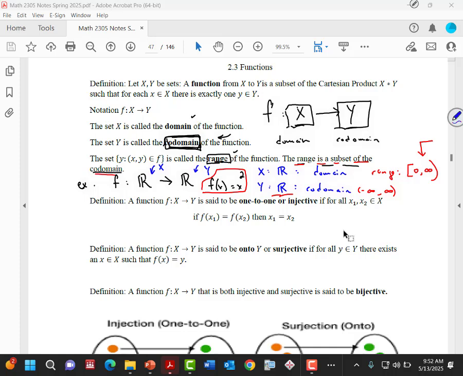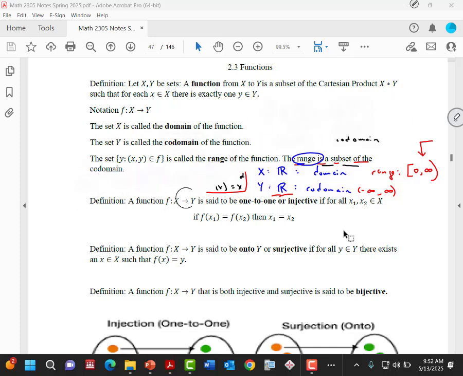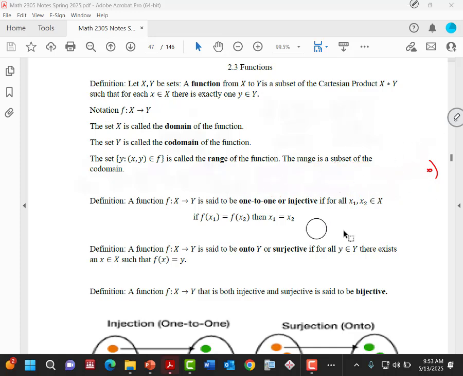Now, sometimes the range may be an equivalent set to the codomain. They may be the same thing, the same set. We may take a look at an example of a function where that is the case, but I just want to emphasize this fact that codomain and range are not necessarily the same sets. Okay, so I've got functions, I've got domains, I have codomains, and so let us introduce three